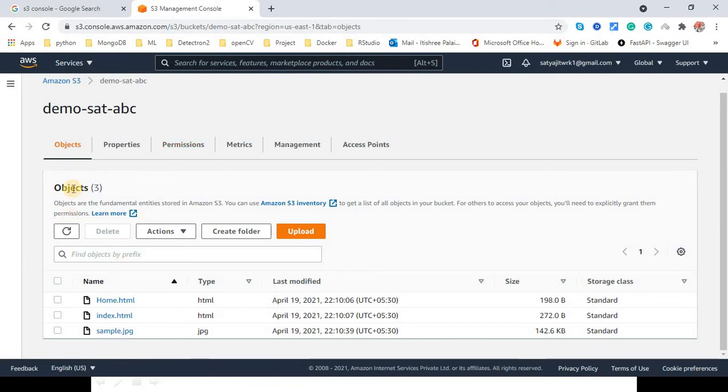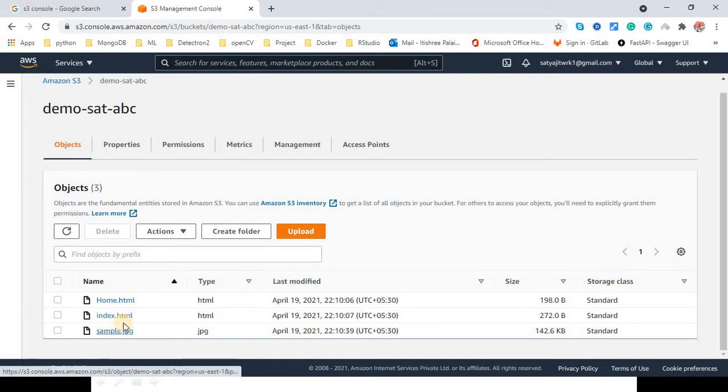Now let's see what exactly the uniquely identifying URL is, and how exactly the object is identified. Similarly to your files having properties or attributes, the same thing holds good over here: each object has some properties and attributes. For example, you can see there is a type, the last modified date, the size, and the storage class. These are some of the attributes of the object.